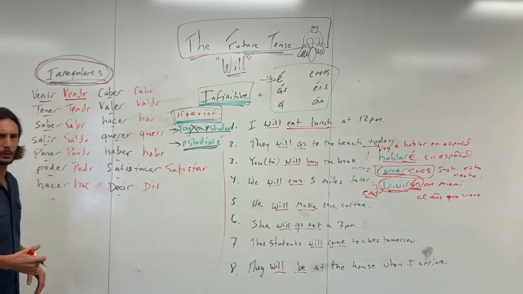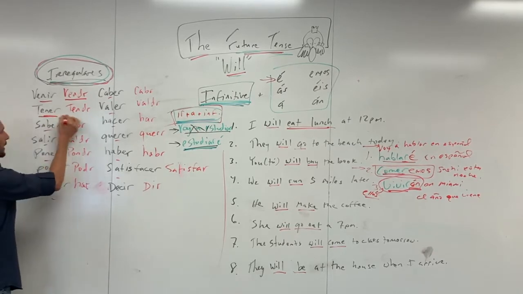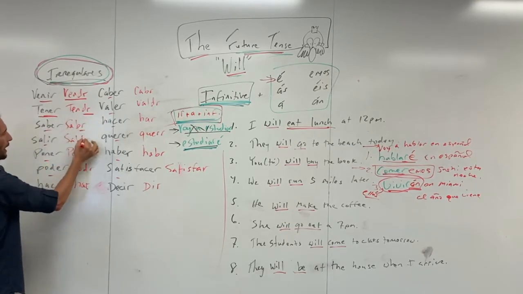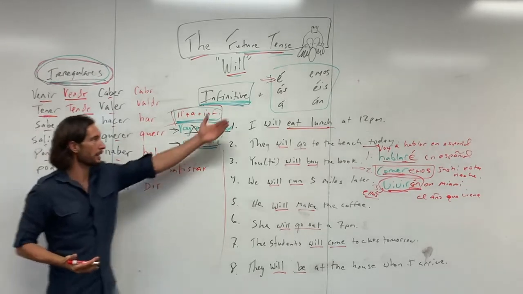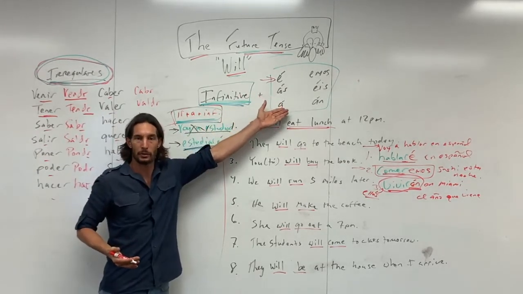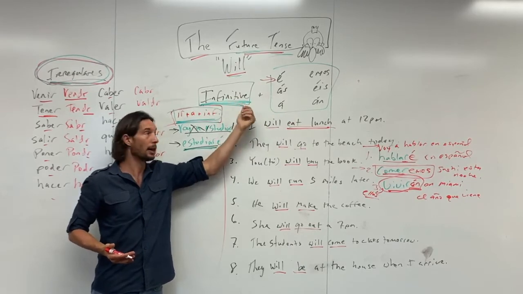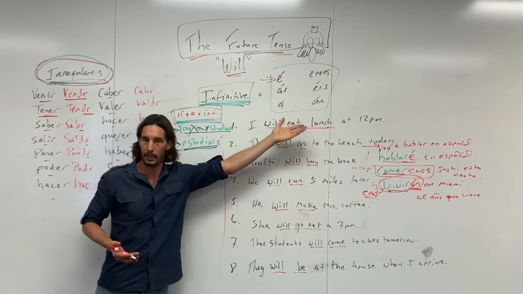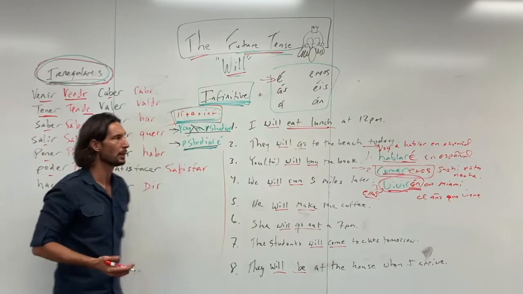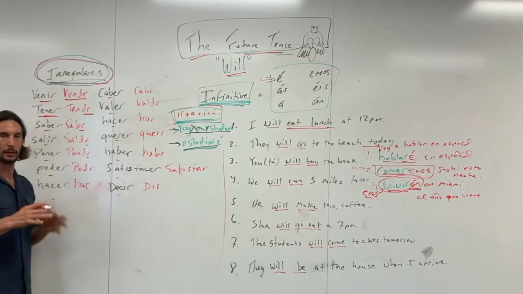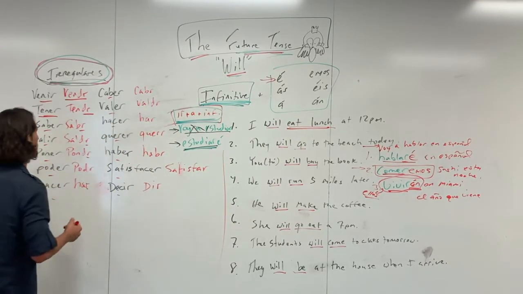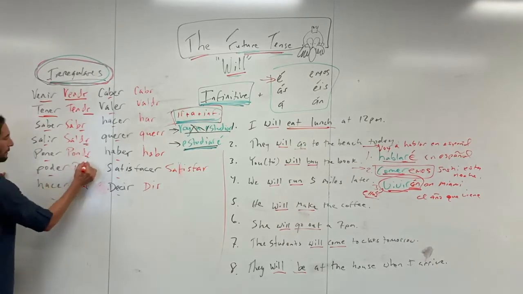I guess if we want to try to pronounce that, right? Tener, notice it has an R at the end. They all have R's at the end, of course, because that's how you build the future tense, right? Same is going to be for the conditional tense. It's going to be the infinitive plus a set of endings, a different set, of course. And that's why I was sort of talking about those together at the beginning of class. All right, but anyways, they're going to all have an R.